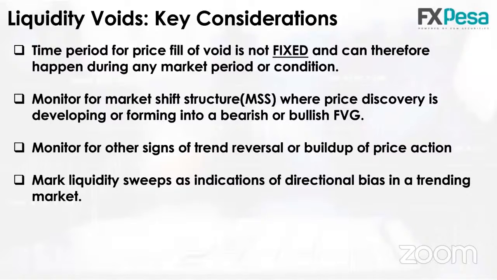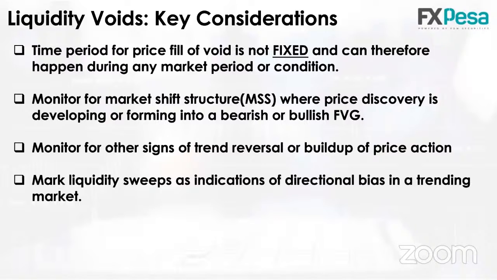So monitor for market structure shift, okay? Where price discovery is developing or forming into a bearish or bullish FVG. The other thing you monitor for is other signs of trend reversal or build up of price action. The fourth thing and most important is mark the liquidity sweeps as indications of directional bias in a trending market,